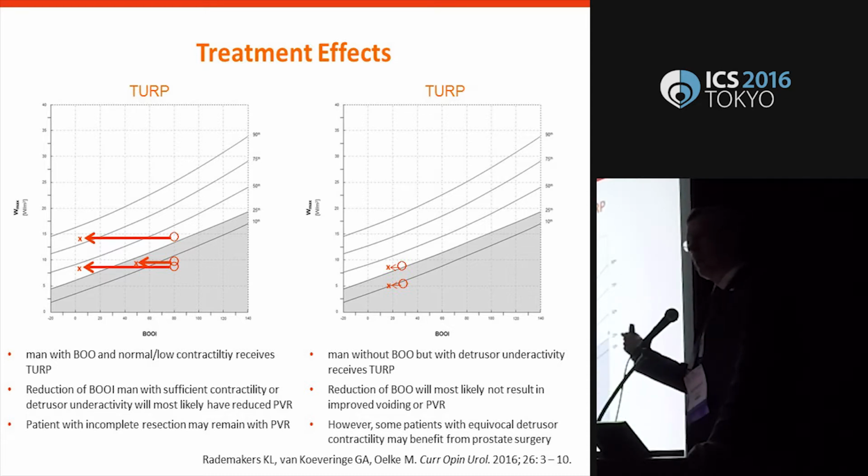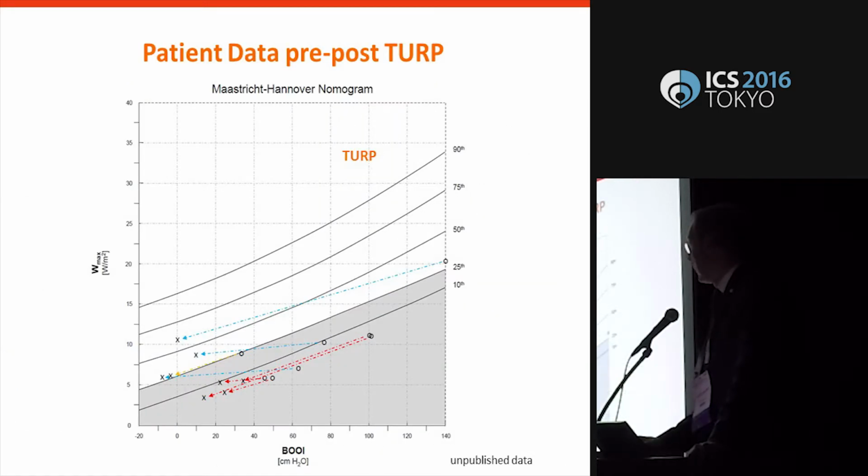This is real data. This is now real patient data. I'm going back. This was the theoretical calculation. This is real patient data. And what you see now is rather amazing. You can see three different types of patients. You see the blue patients. These are patients with a successful outcome. These are real patients